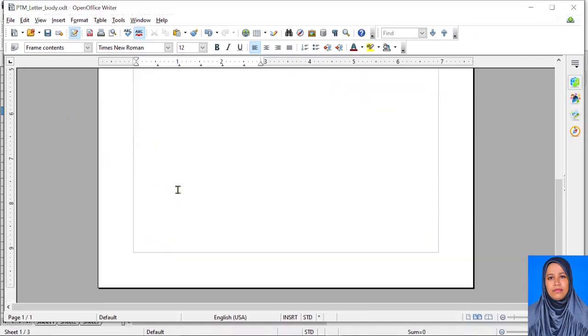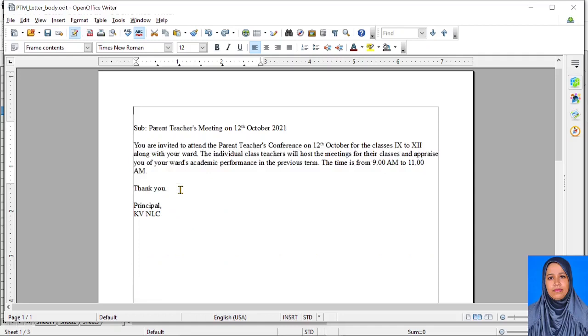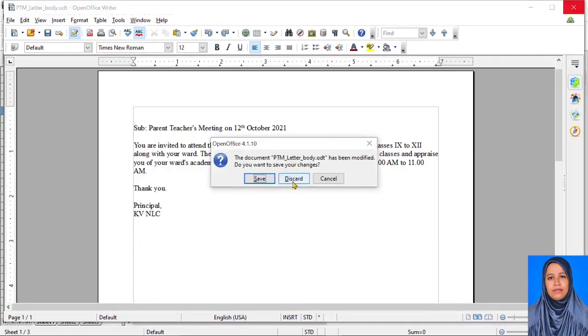Let me just now get rid of these steps and save the document. Close,